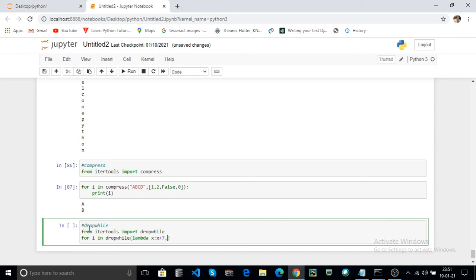The second parameter is the iterable object, that is the list. I pass some data. Here it starts returning values in the prompt from the iterable when your condition is false, that means failed.